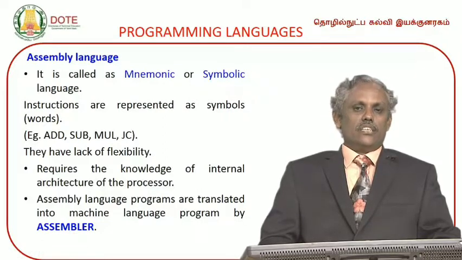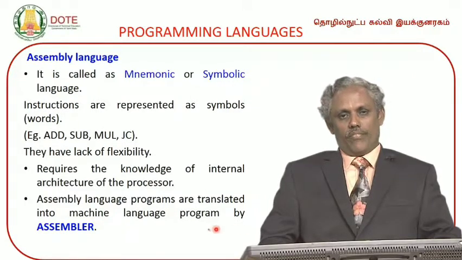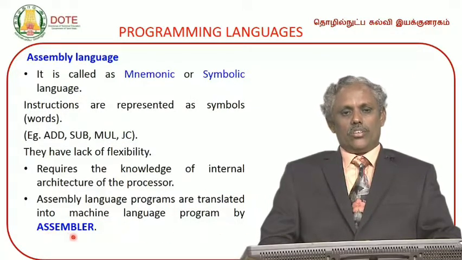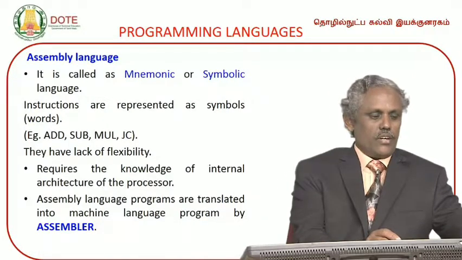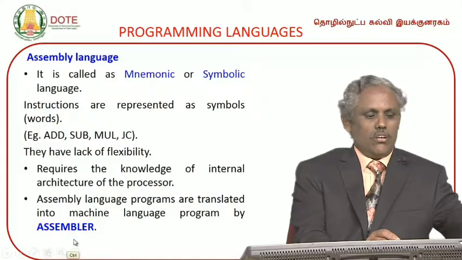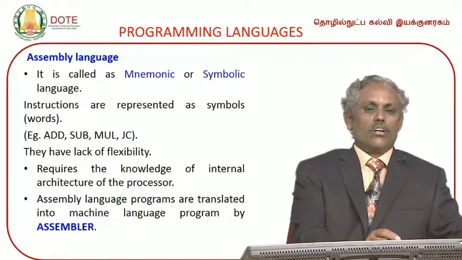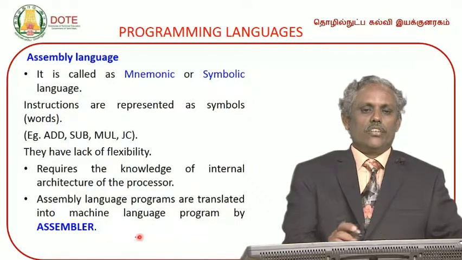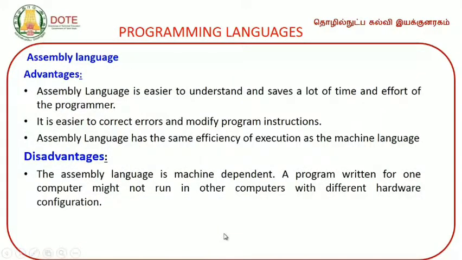This translation is done by a software called assembler. So, assembler is a software for translating assembly language into machine language. The advantages of assembly language is also it is easy